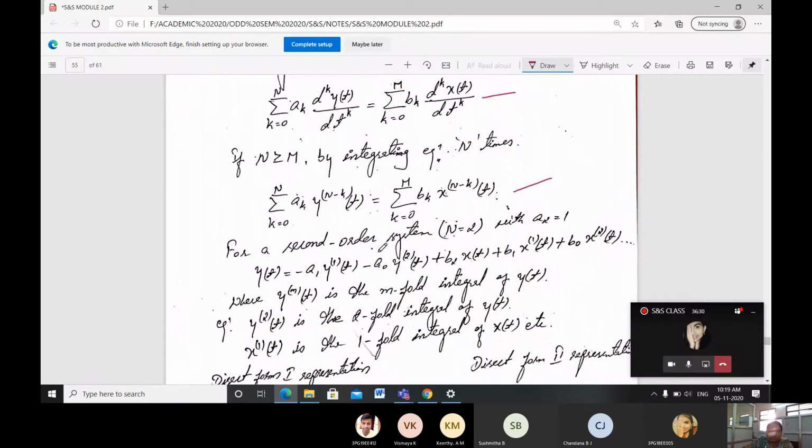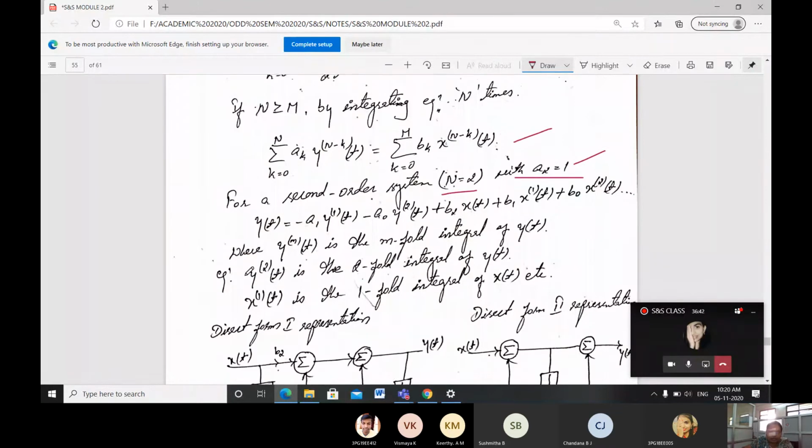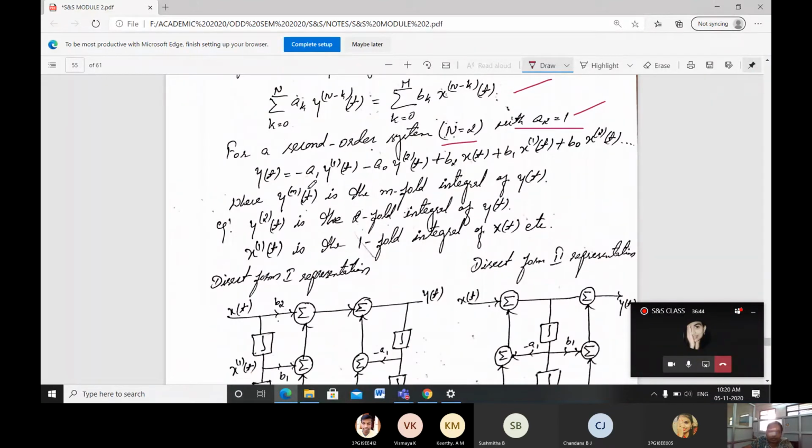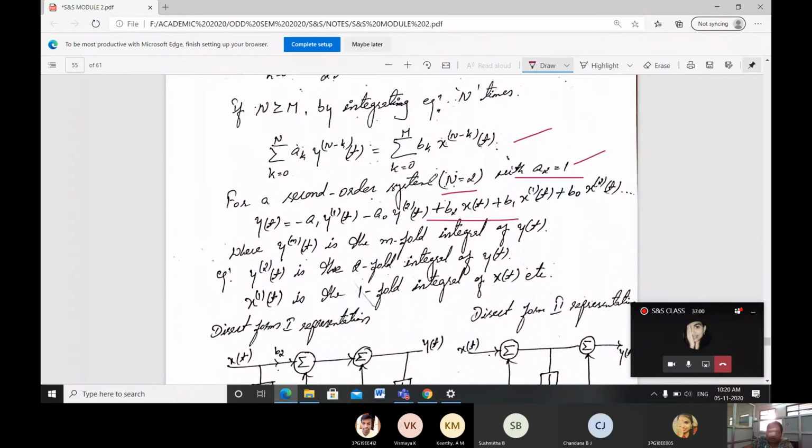For a second order system, if n is equal to 2 with a2 equal to 1, based on this the equation is going to be y of t is equal to minus a1 y power 1 of t minus a naught y power 2 of t plus b2 x of t plus b1 x power 1 of t plus b0 x power 2 of